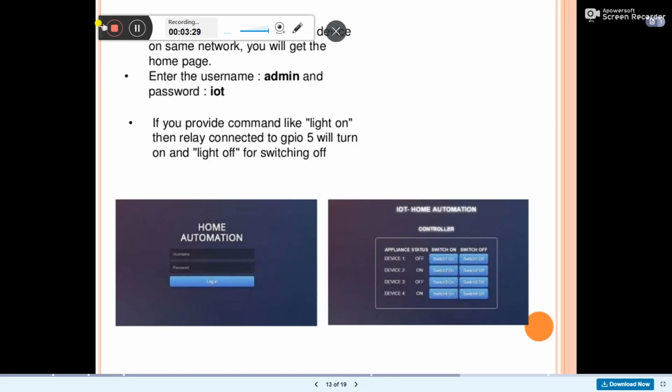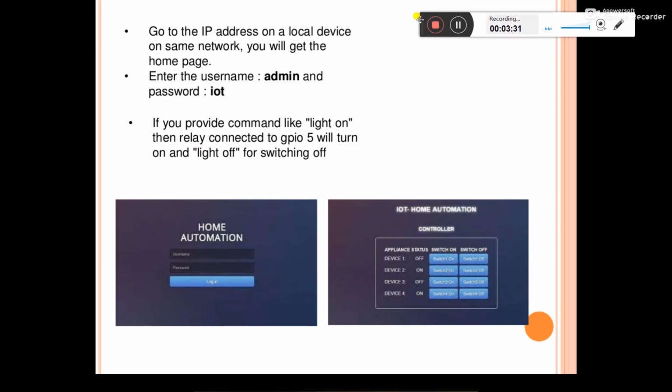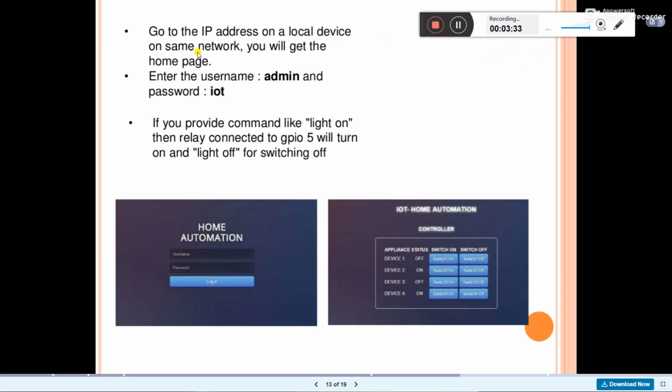Now, to check how you can use this with a mobile phone, you have an IP address on the same network, meaning you just need a router, and by means of this router the Raspberry Pi will be connected. Your mobile phone must also be connected to the same network, and then you send the query to the router from the mobile phone, and then it works basically.